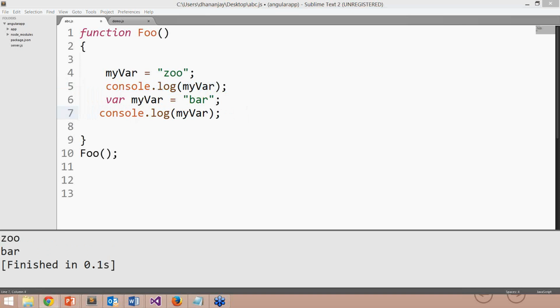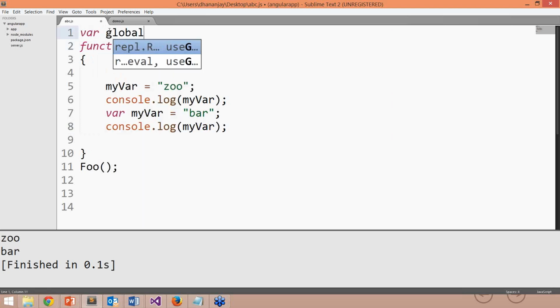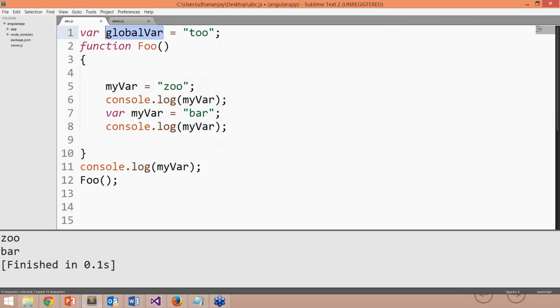Great. Now what I'm going to do here, I have a function foo. Inside this function I have this myvar Jew variable, myvar bar, console.log myvar. What I'm going to do here is go and declare a variable called global var, and I'll give some value to that, let us say 2. Okay, I can very much come here and print this value global var